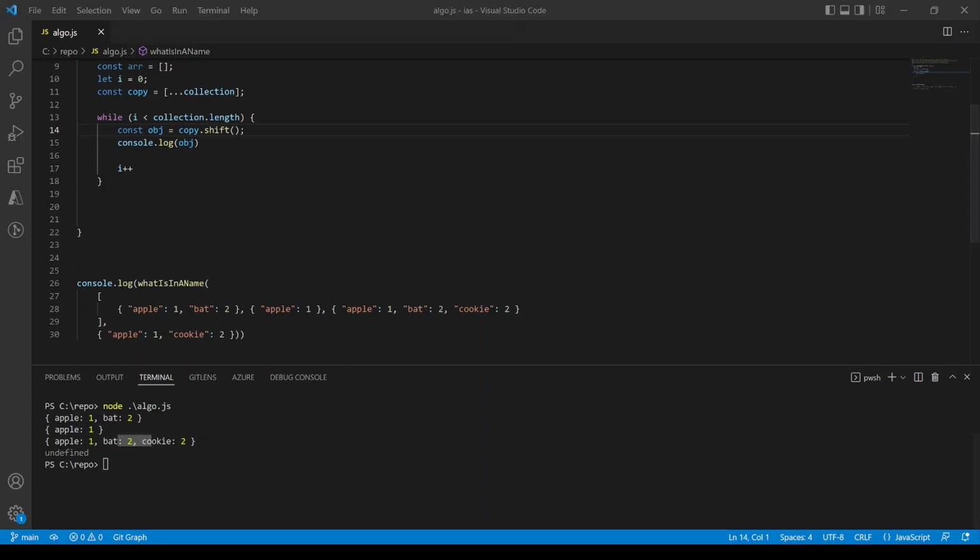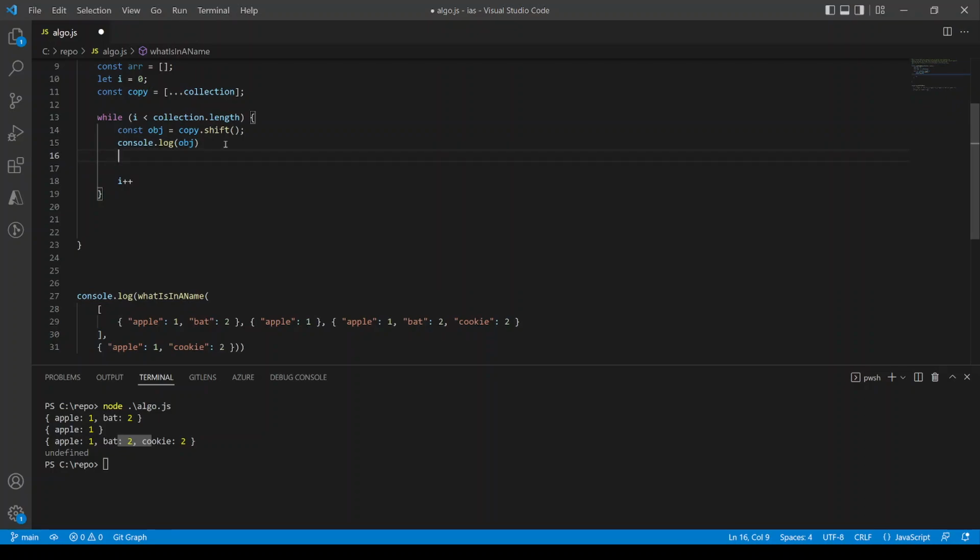Now, why did I do that? Now that we have got one object at a time, we now can check out if this object contains all the keys from the source, as well as the value matches with that key. And we can achieve that by using a condition. So if